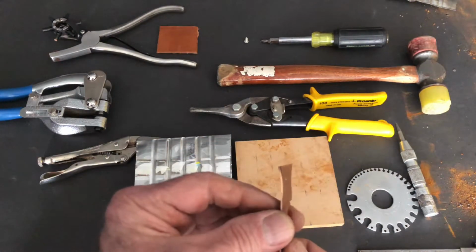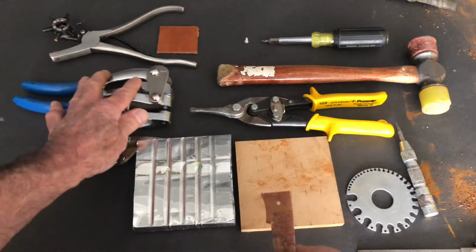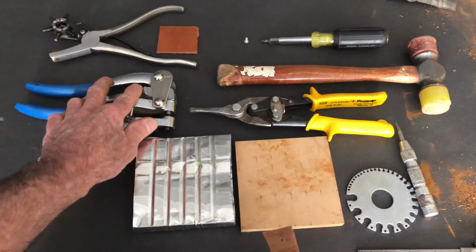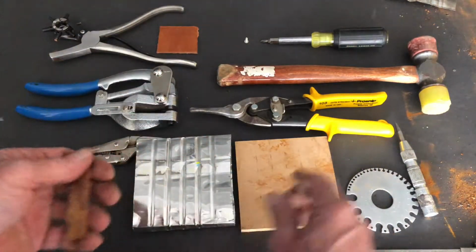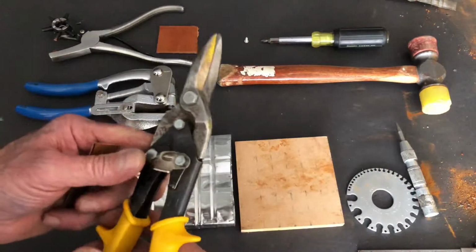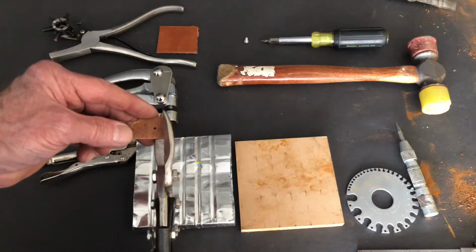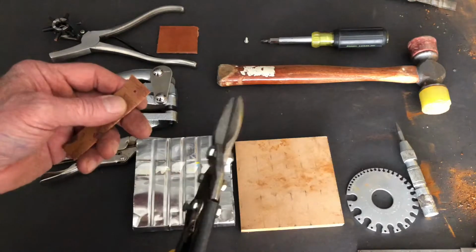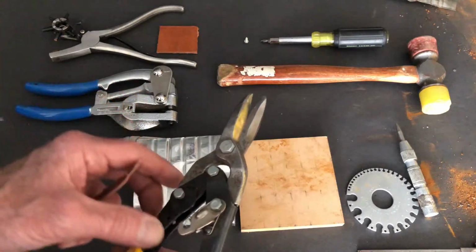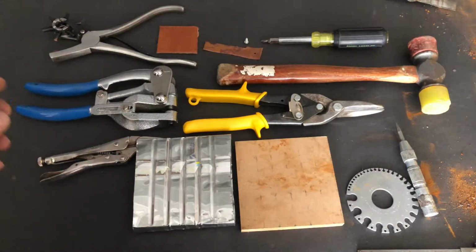Nice, clean holes. We'll go into more detail during the riveting demo on how to change out dies on a hand punch. We're also going to go into more detail about the cutting of sheet metal, so stay tuned for that upcoming lecture. Anyway, to get back to what we were talking about,